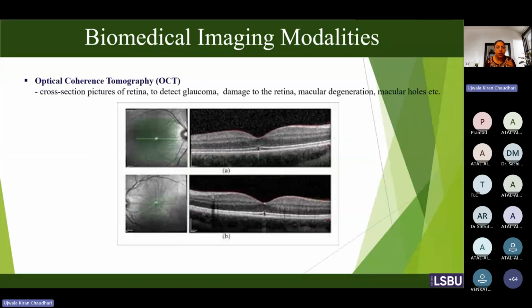Then there's optical coherence tomography, again for eyes, which gives you the cross section view of the retina, which is used typically to identify glaucoma in diabetes patients. Then we can also identify damage to the retina, macular degeneration, macular holes. So different kinds of anomalies we can identify with this OCT as well. Then comes your,